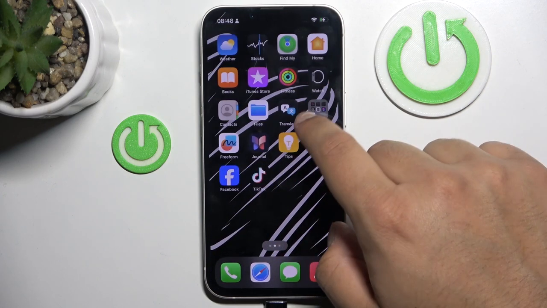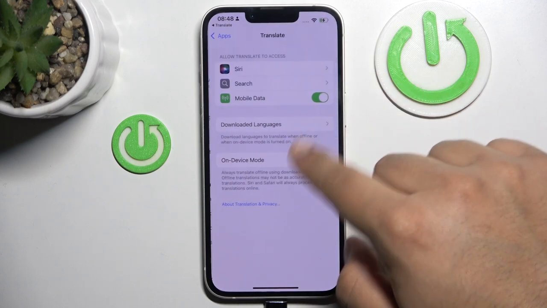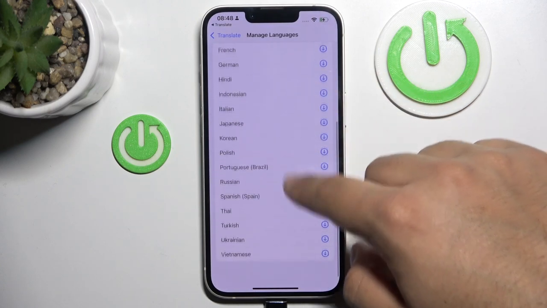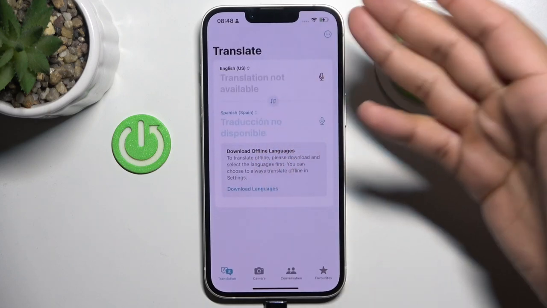And now if we open the Translate app, we have to download the languages that you want to translate from or to, and you'll be able to